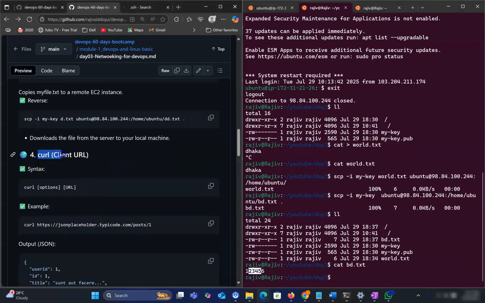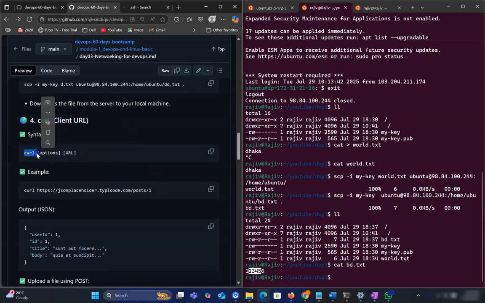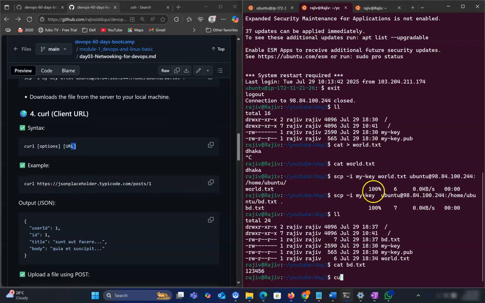So now another command is curl. If we want to browse anything, then we use curl. So the command is curl, then our option, then URL. So here's an example. We just put curl